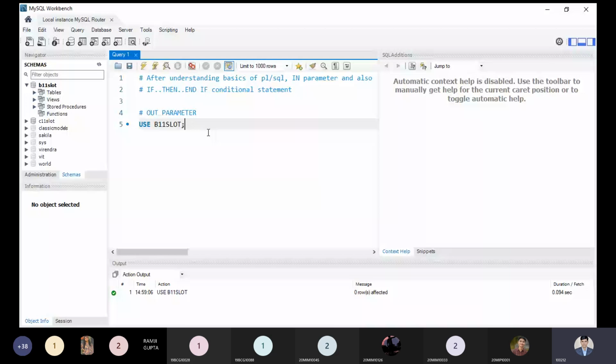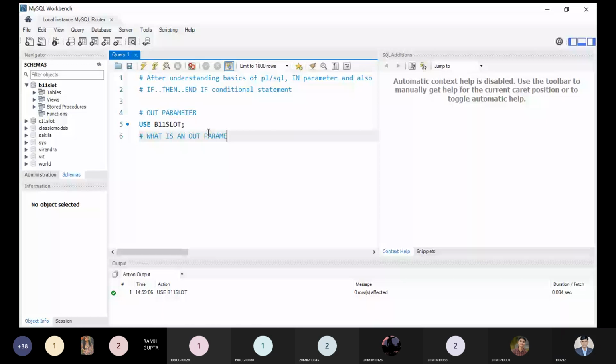The question we should have in our mind is: what is an OUT parameter? We have to see the answer in a simple way.